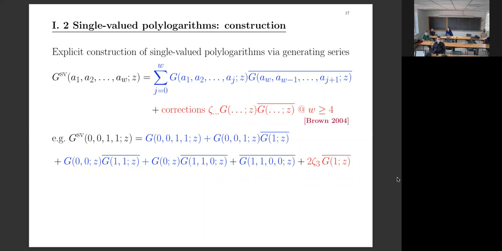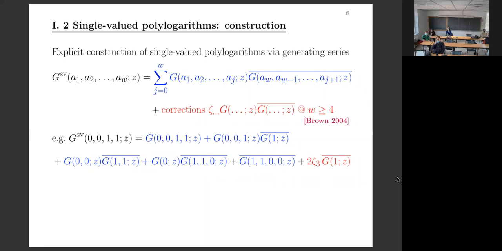Okay, so the previous slide was about an existence statement. Let me try to get to a more constructive description. How can you build the explicit form of single-valued polylogarithms? This was addressed by Francis Brown for the case of entries a equals 0 and 1, and Brown gave an entire generating series of single-valued